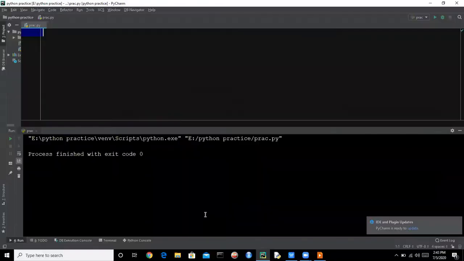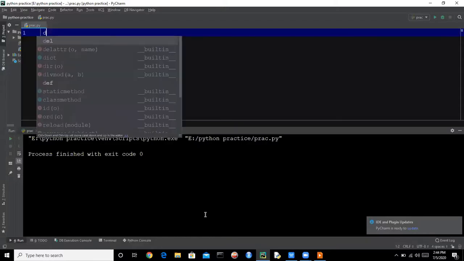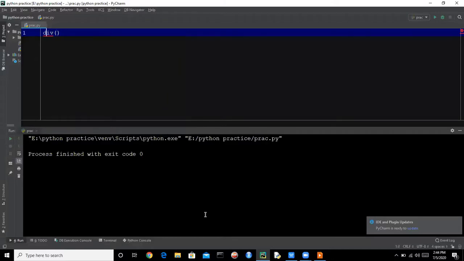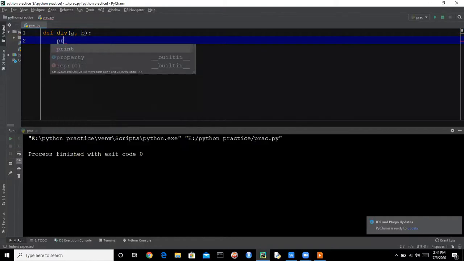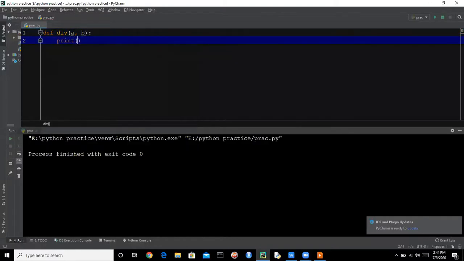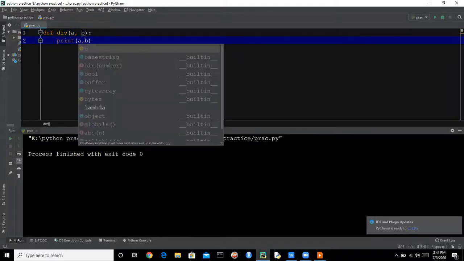So let's see an example. Let's say we are having a function. Let's understand this example with the function div. The div function does the division of two numbers. So we are having two numbers a and b, and let's divide a